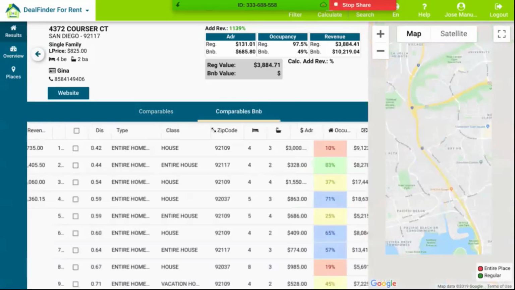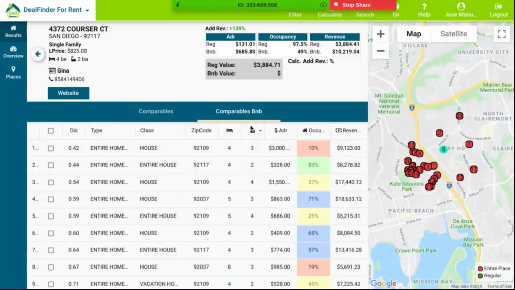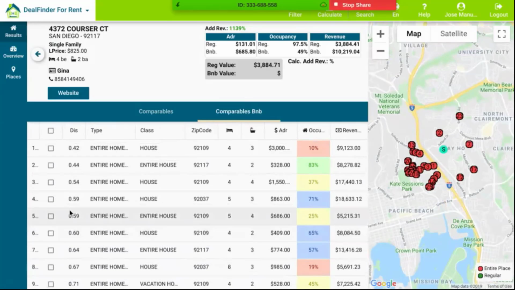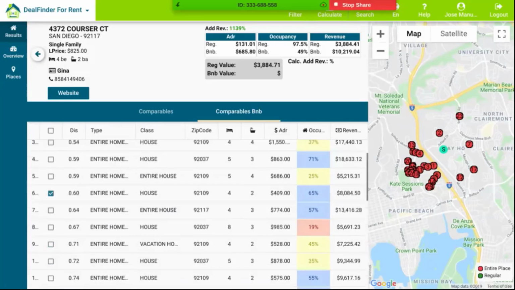But if I go through the comparables in Airbnbs, now remember, when you see so many properties on Airbnb in the same area, it means that this property is a great business. Whatever you put there is going to be rented, and your listing could be blooming. The important thing here is to make sure that the numbers are pretty similar to the property you're going to be renting. Excuse me. So here we have it, 4.2. Again, here we have another 4.2.